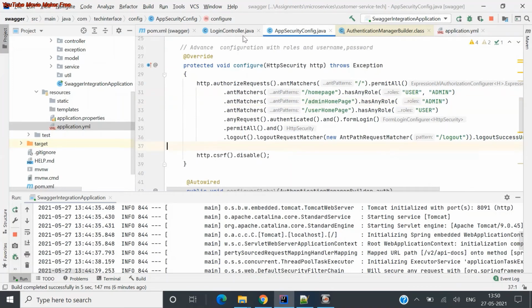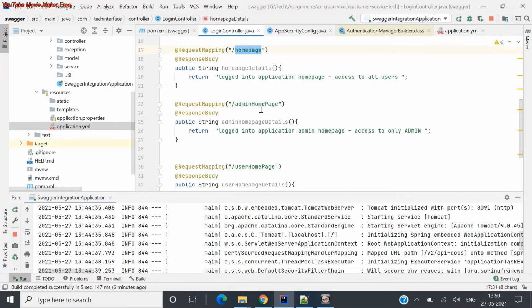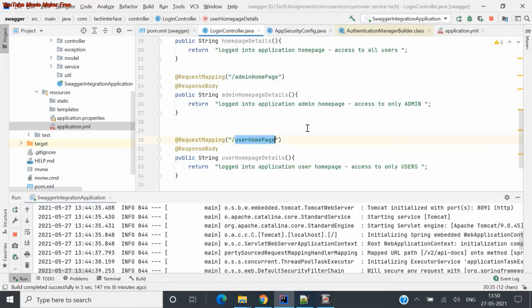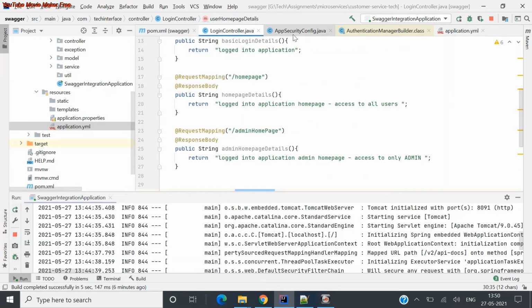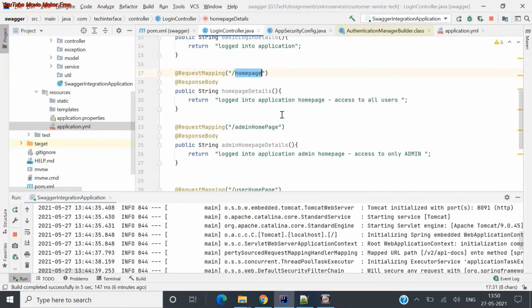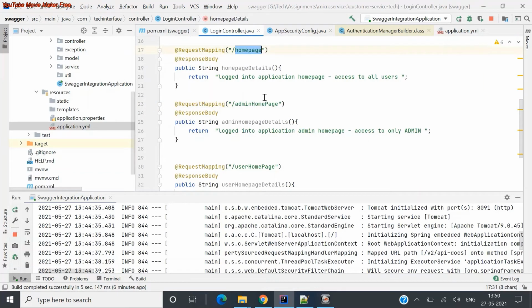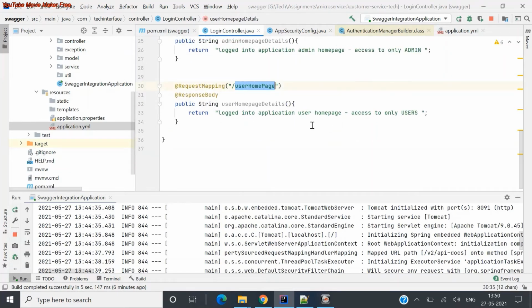Where I configured all those things: if you look at this admin homepage, these are just REST API methods, so you can easily understand what it is returning and what it is not. It's just a basic REST API, so I'll not spend much time on it. One is created for all the users, one for the admin homepage, and one for the user homepage. Homepage in the sense that it's just redirecting to that particular string of a homepage. For better understanding, I'm calling it a homepage path, configured as a homepage path here.